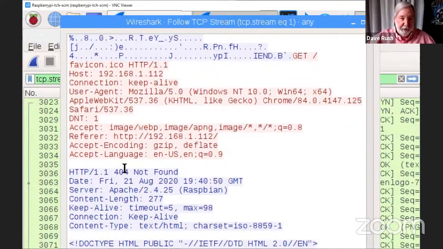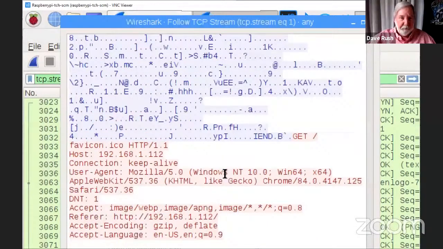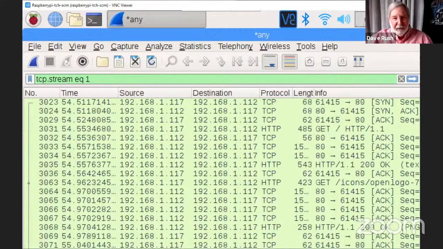So all this stuff we're seeing tends to be graphics. There's a call to another site at some point. There's a call to one of the images. Oh, in fact, it called for an image that didn't exist. That's where we got that 404 error. All right, you get the idea. It's a pretty simple process. And while it looked secure, just because there wasn't that much text to see.